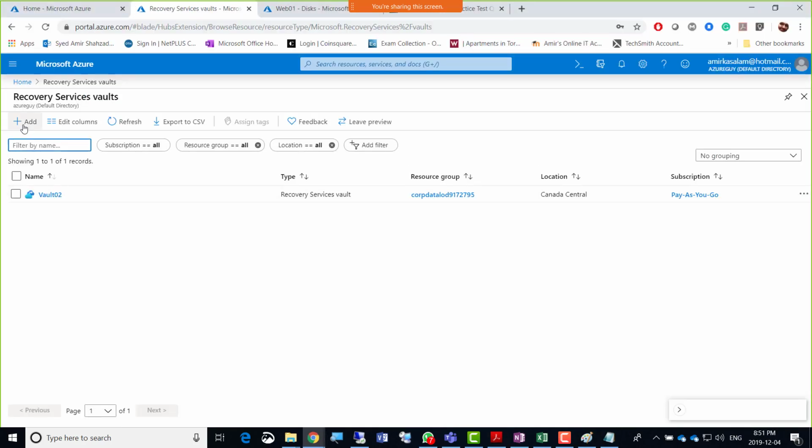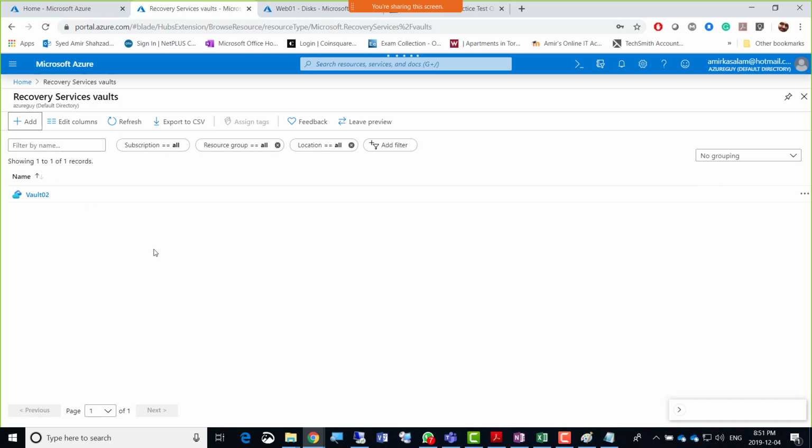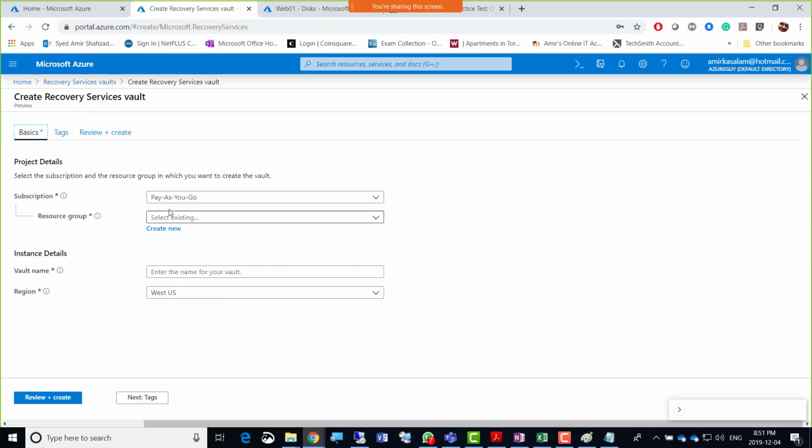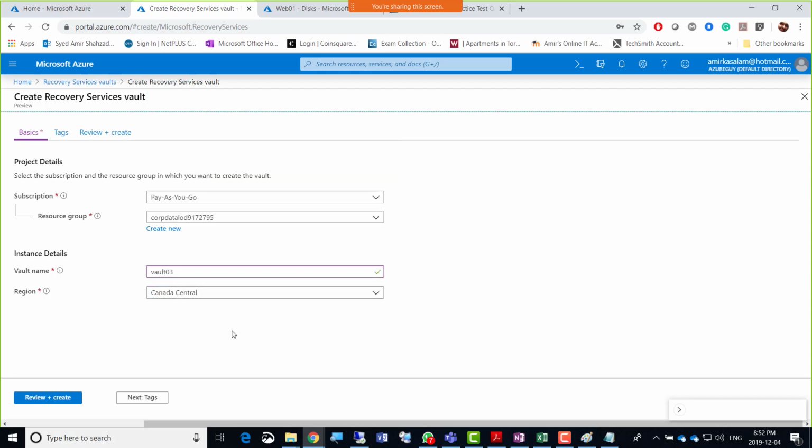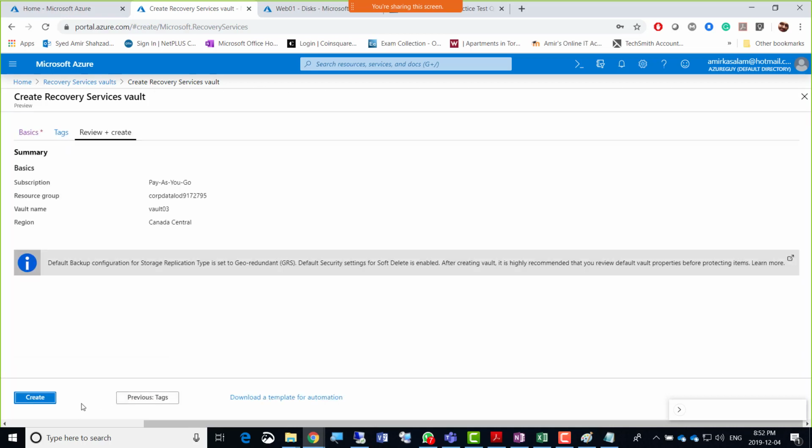So I'll click the add button here, and I'll select the existing resource group, and then the vault name, vault 3, and then it is Canada Central that I'll try to stick to because all my resources are in Canada Central. And then tags, nothing in the tags, and review plus create and create.